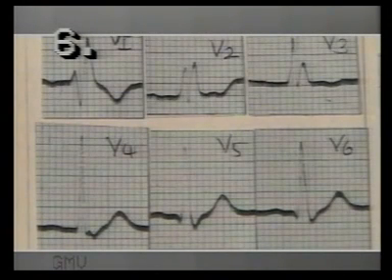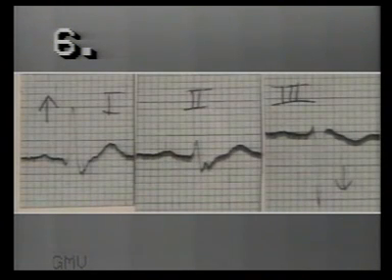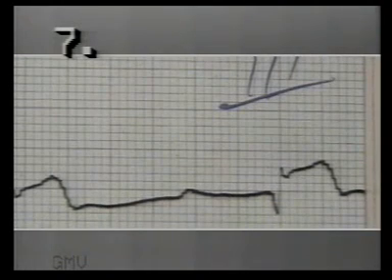Study the chest leads. The QRS complexes are 3 millimeters wide. There is RS-R' pattern in V1 and V2 indicating right bundle branch block. A broad S wave in V5 and V6 supports our diagnosis. So this is right bundle branch block. In the limb leads there is left axis deviation. Normally right bundle branch block should have right axis deviation or a normal axis. Left axis deviation suggests associated left anterior hemiblock.